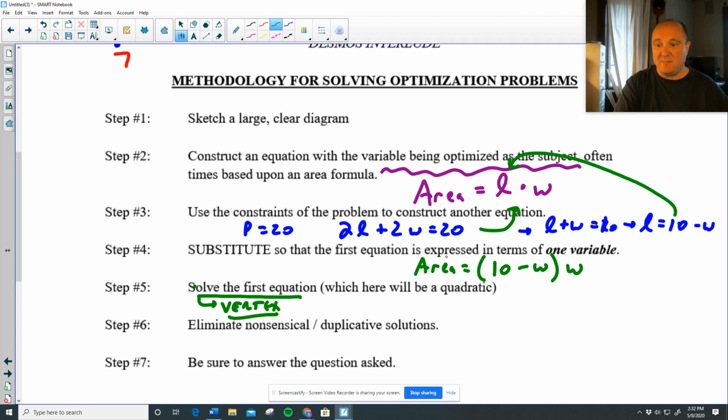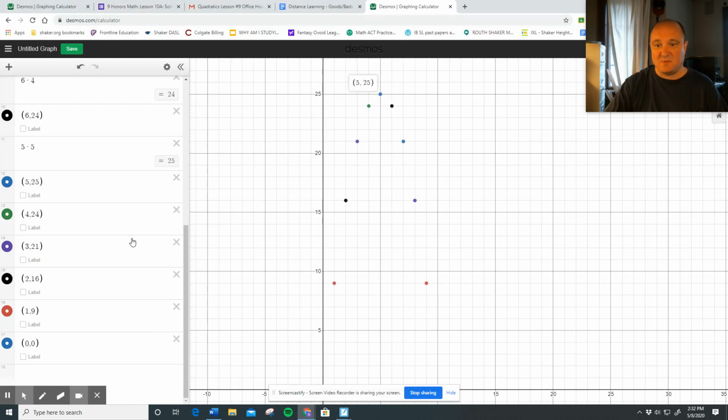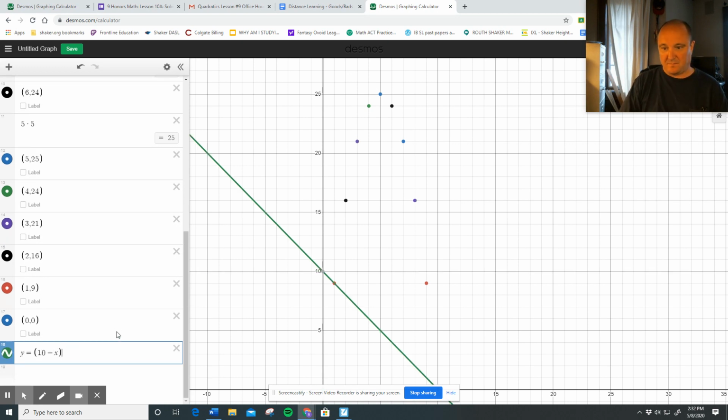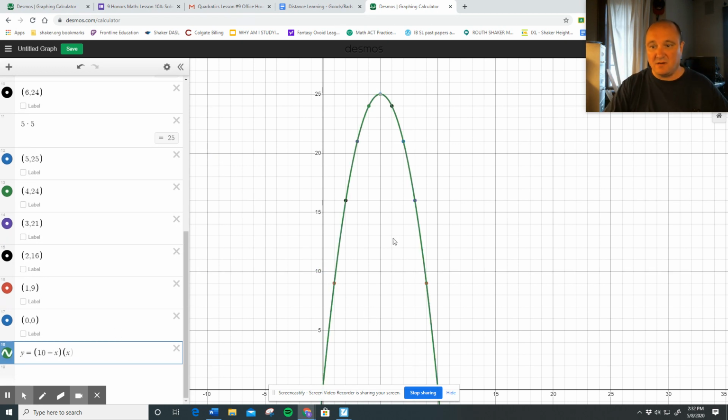So here, I'm going to change area into the y. I'm going to change the w's into x's, because Desmos can't handle w's. And I'm going to graph this. Y equals 10 minus x times the quantity x. And for this particular example, I'm just going to graph it on top of here. What do you know? The parabola that forms is exactly the same parabola that I got from all these individual